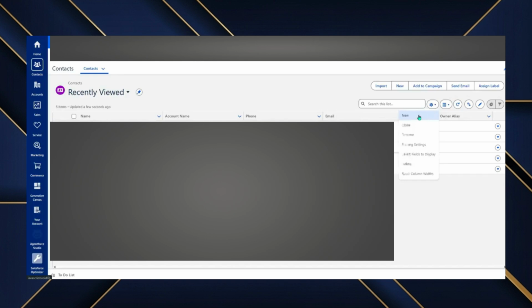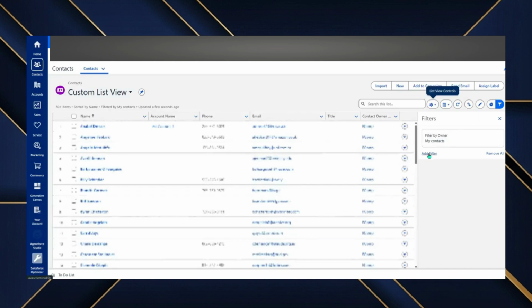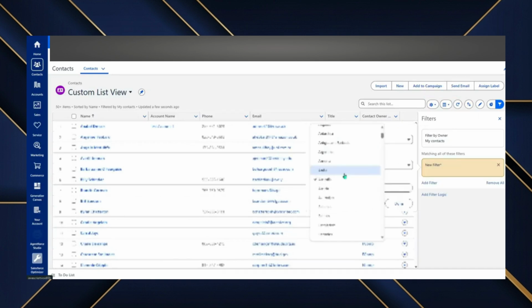Near the top of the list, click the List View Controls gear icon and select New to create a new view. Enter a clear name for the list so it's easy to recognize later, while the API name will usually populate automatically. After saving, begin adding filters to define which records should appear, such as records you own, specific statuses,